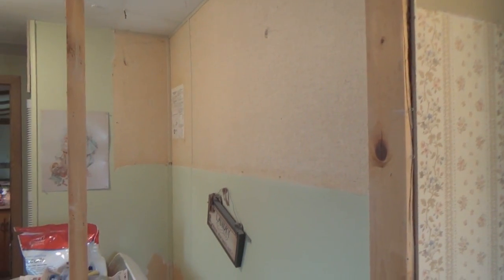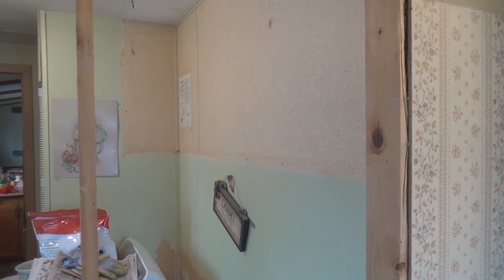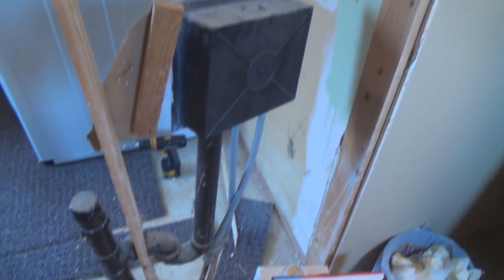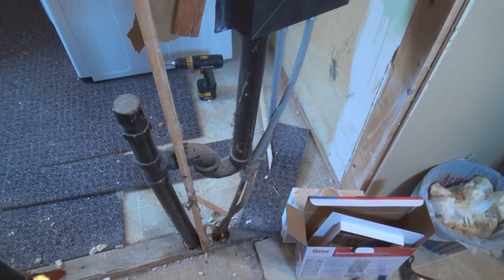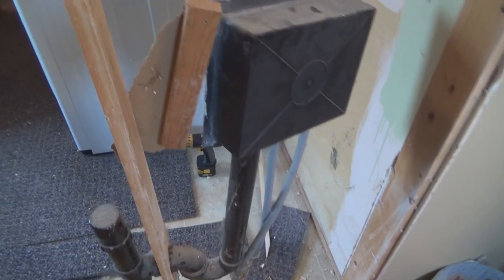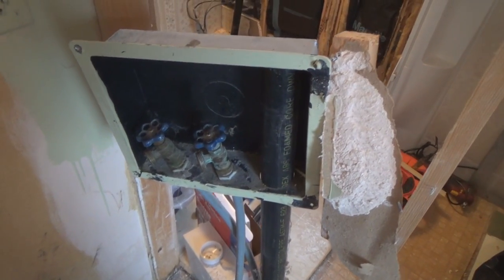And my son came over today, and we tore open this wall, the washer dryer over there, and there was one of the factory cabinets up there. And we tore that sheetrock out, and now I'm going to work on fixing this plumbing for the washer and dryer. It's pretty nasty. I mean, these valves are cockeyed in there,